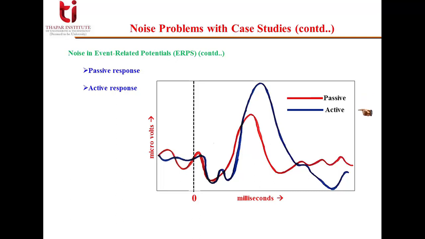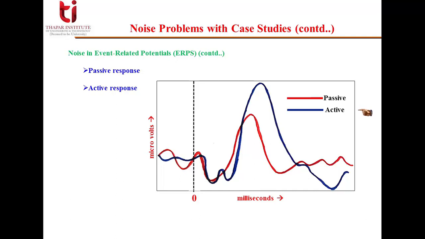Now for active, consider two tunes. One is a rare tune that is played only 20% of the time, and the other is the dominant tune, which is played approximately 80% of the time. At the beginning of the test, the patient is given an introduction about the tunes: this tune is the less frequent one and this is the more frequent one. Then the patient is instructed to count only the rare tunes. So now the patient not only listens to tunes but also has to distinguish which tune is played, and keep a count of that. So these are added activities and there is a change in the ERP signal and an active signal is generated.